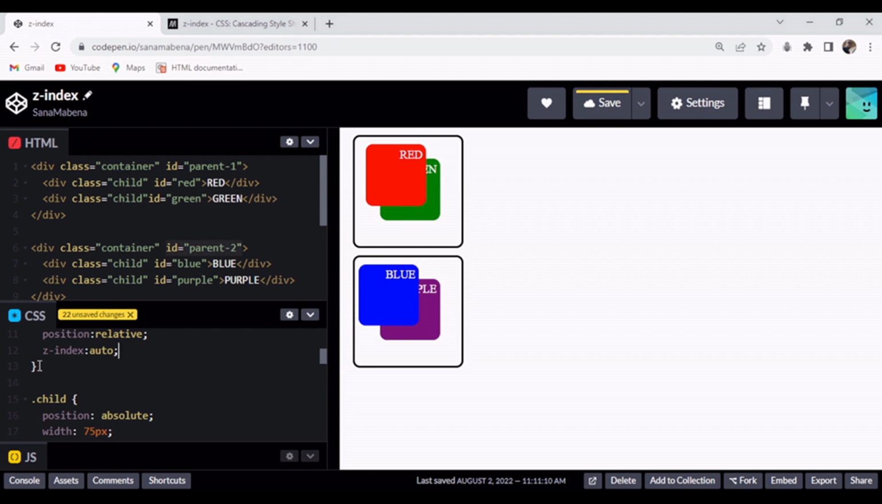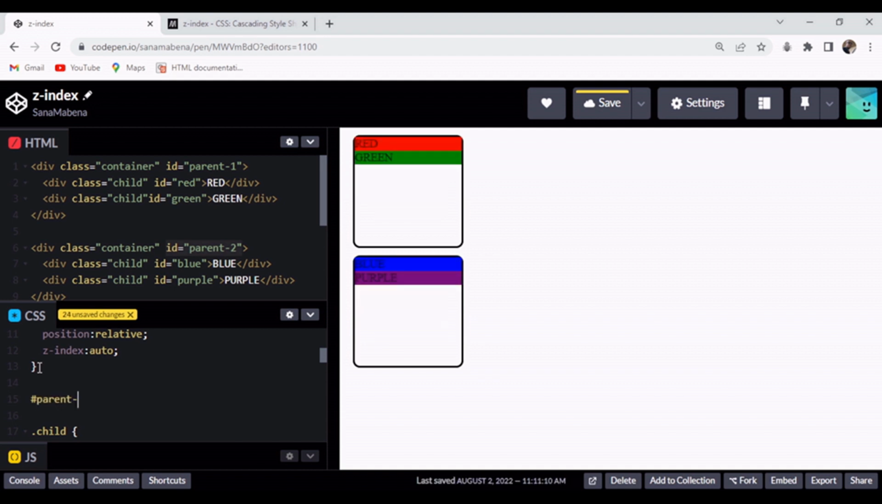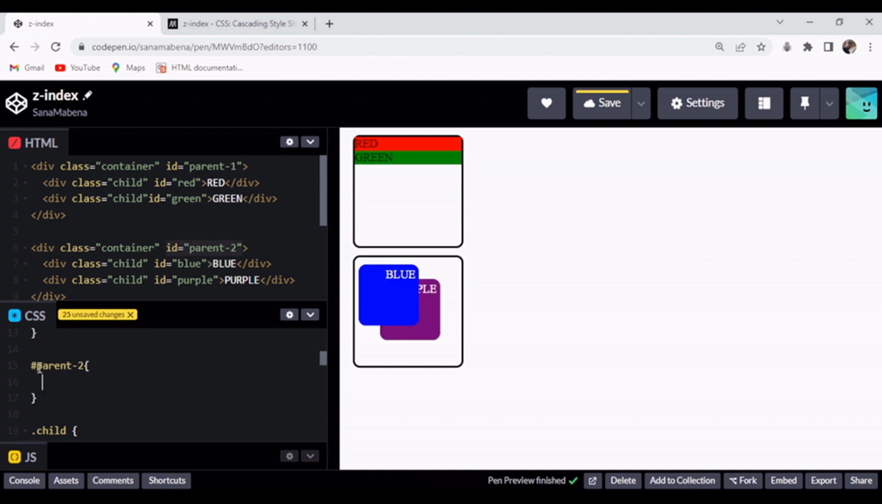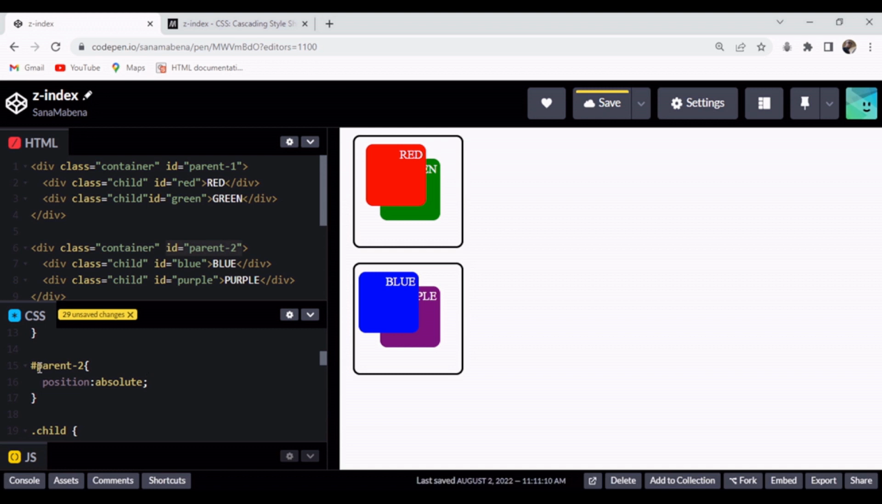And then moving on, I'm going to now target the second parent, that is parent 2, hashtag sign parent 2, set of curly braces. And then I'm also going to position this div. I'm going to give this one an absolute position, absolute, like so. And then the Z index, I'm going to give it a Z index value of 1. And once I'm done,